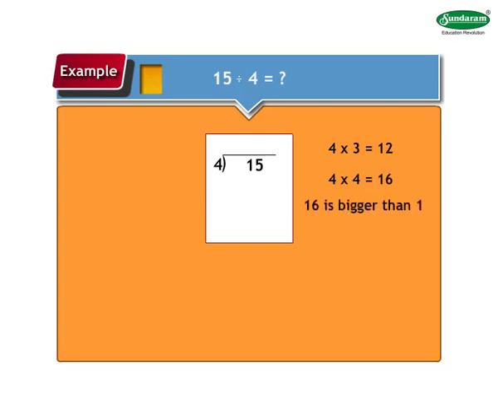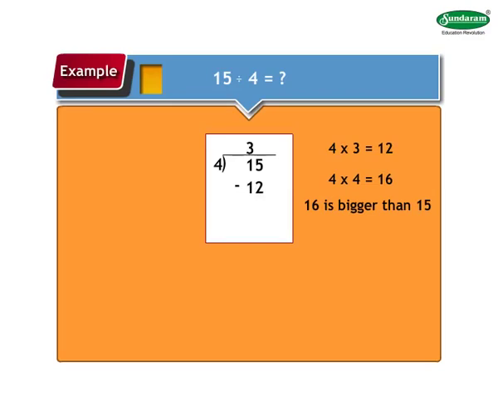16 is bigger than 15. So, we consider 4 3s are 12. Hence, we write 3 above the line, which becomes our quotient, and the product 12 below 15. Now,